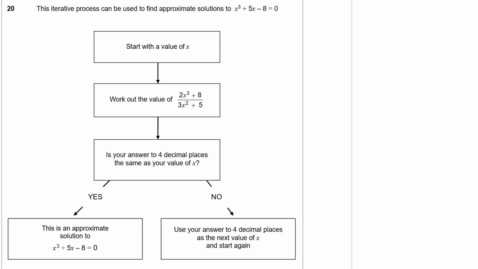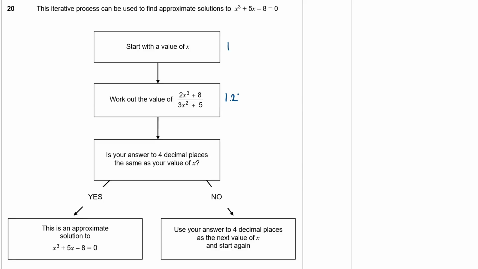So let's do that then. I'm going to start by inputting the value of 1, so x is equal to 1. Work out the value of 2x cubed plus 8 all divided by 3x squared plus 5. Now that's easy, why x is 1. X cubed, 1 cubed is 1, times 2 is 2, plus 8 is 10. So that's 10 divided by 3x squared. 1 squared is 1, times 3 is 3, plus 5 is 8. So 10 over 8, which is 5 over 4, which is